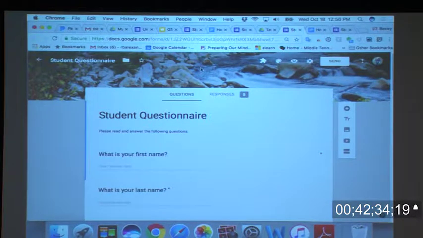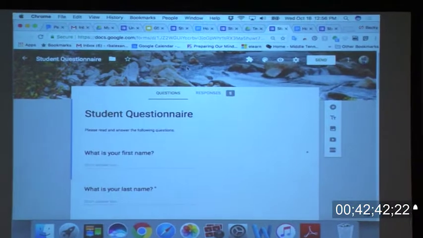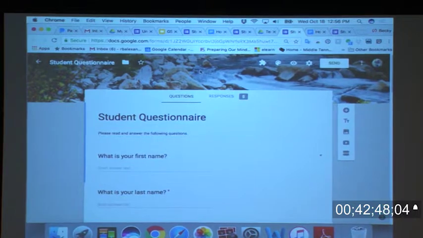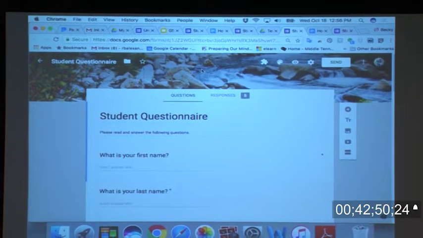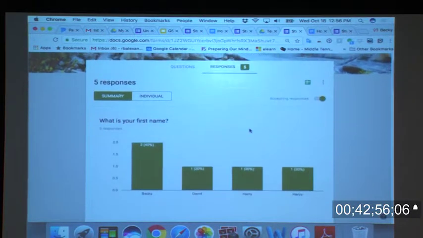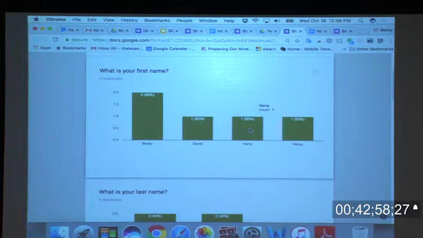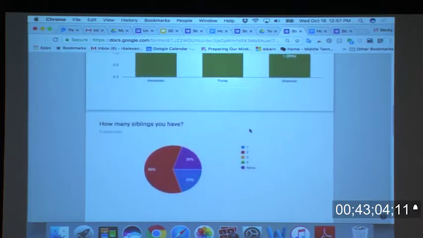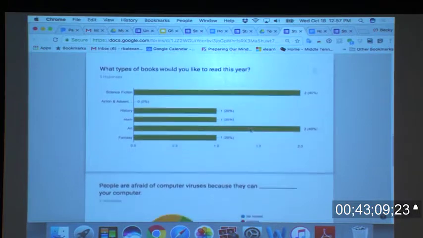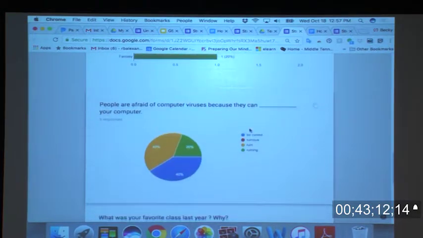Okay, let's see what it looks like on your end. All right, if you notice where ZAF is, you can see the responses, and you see the little number pop up on your drive. Do you see that? Okay, so go ahead and click on responses. All right, and what you notice is that it instantly summarizes all of my questions. So if you look, I've gotten